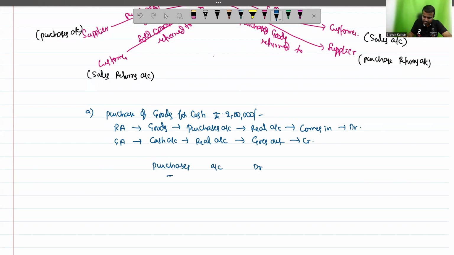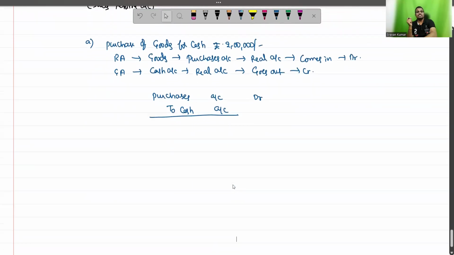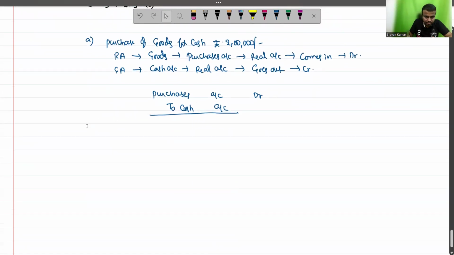So purchases account debited to cash account. What is the journal entry? Purchases account debited to cash account. And next one, if the goods purchased